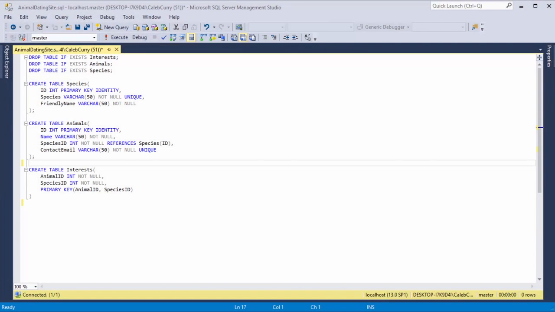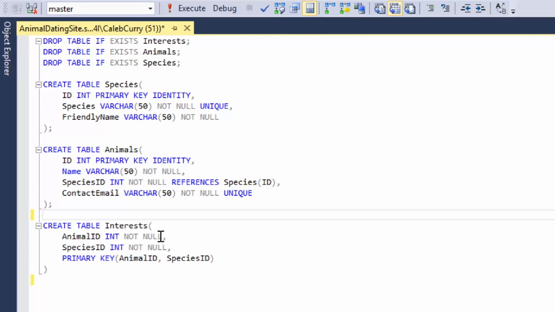Sup YouTube, it's Caleb from Caleb the Video Maker 2. In this video, we are going to be talking about naming our constraints. So I'm an idiot and I forgot to do something important in the last video, and that is make these columns foreign keys. So we will do that in just a moment, but for now, I wanted to talk about